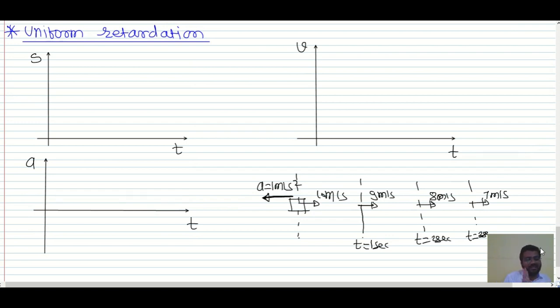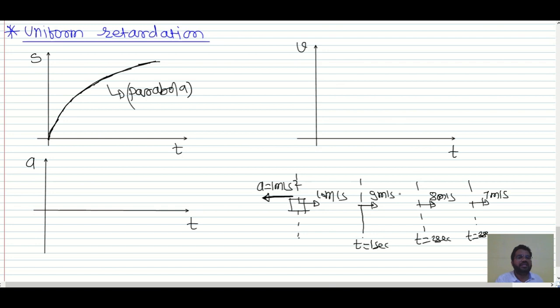Now velocity is decreasing indicates what? The displacement. Initially it will be 10 meter in 1 second, then 9 meter in 1 second, then 8 meter in 1 second. Displacement, position also, is decreasing, isn't it? So over here, initially the displacement is greater, then lesser and lesser. So the graph is somewhat like this. This graph is also a parabola.